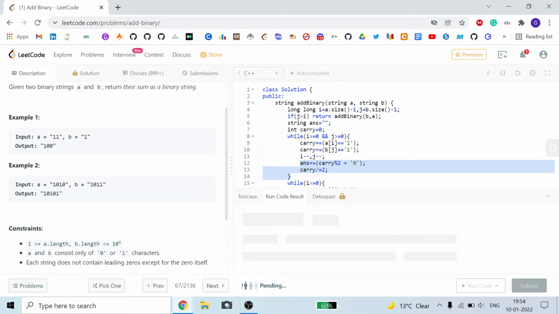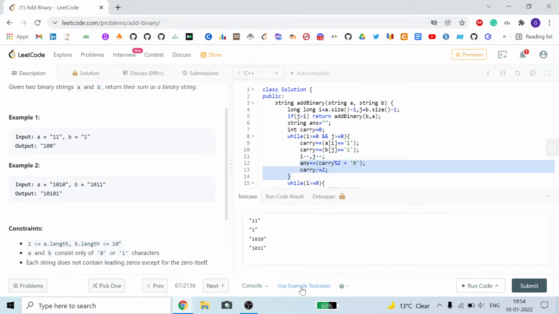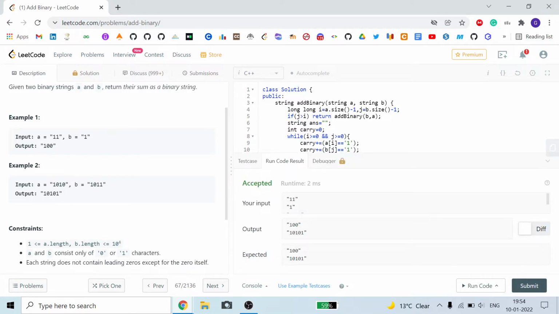I have dry run it for a very big case. I'm showing you the string. If you want, you can dry run it. It will always give the same answer, the same addition of the string. So you can see here our answer is completely right.